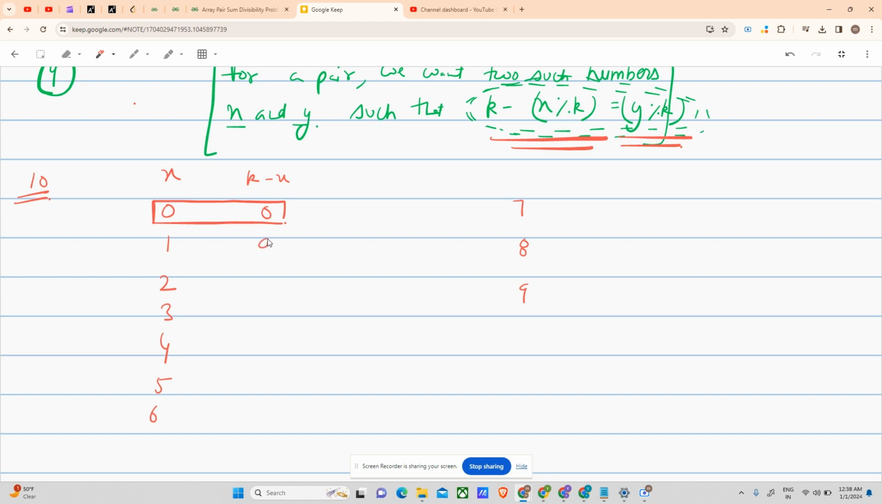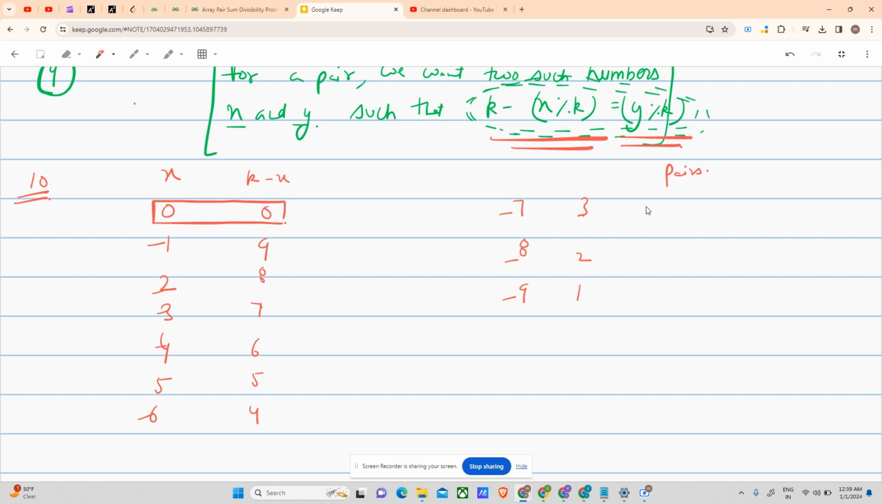Okay. For 1, it would be 9, 2, 8, 3, 7, 4. Actually, it would be 6, then 5, then 4, then 3, then 2, then 1. Okay. If you observe all of these,